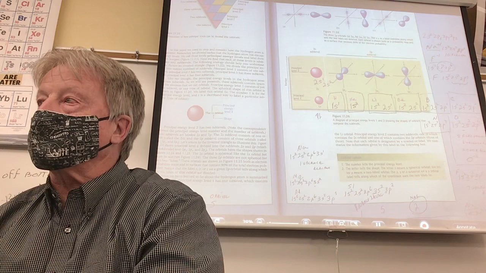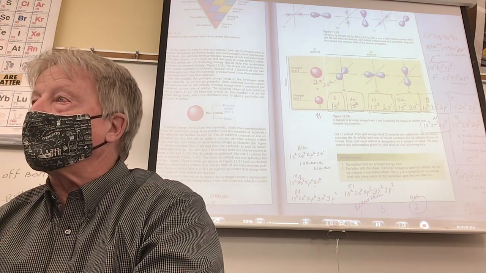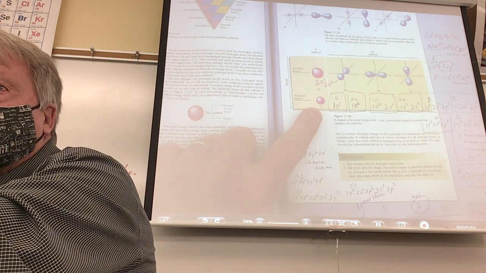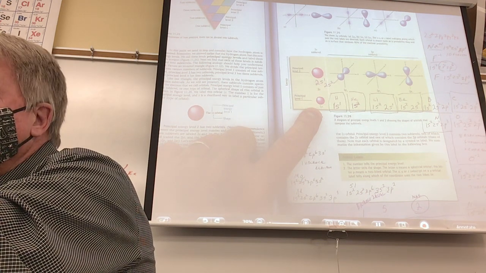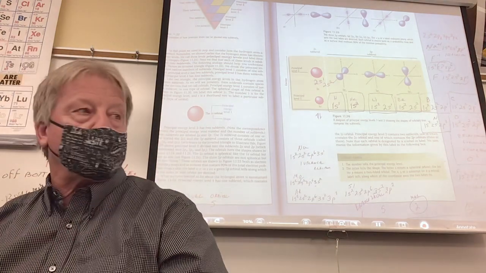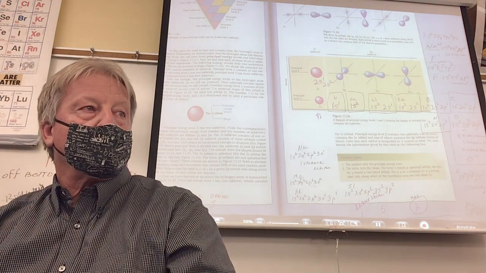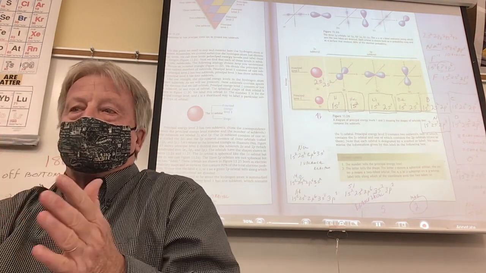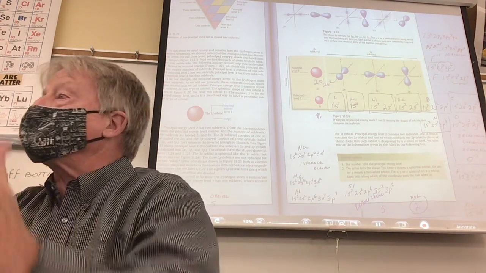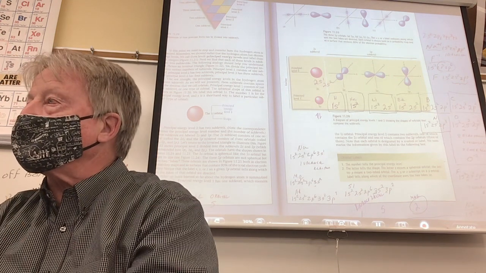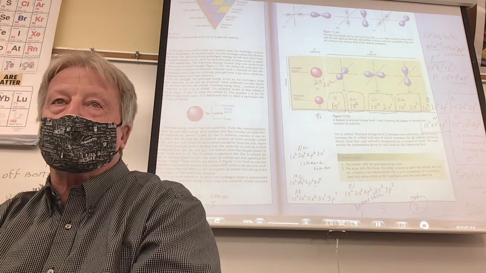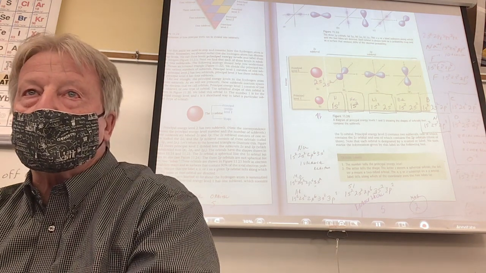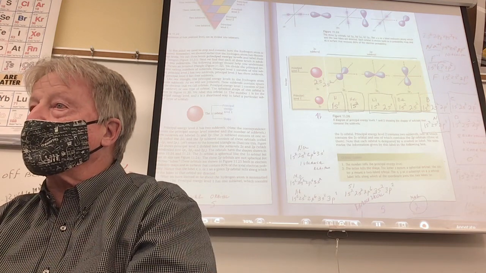How many orbitals are there in level 1? Only 1 orbital. How many electrons can you put in an orbital? 2. After you put 2, you can't put any more in there. That's it. If I had a parking deck and level 1 only had 1 space, and you parked your car this way and this way, you could put 2 cars in it. You put 2 cars in an orbital, right? I only have 1 orbital in level 1. That's it. What if 3 cars come? What am I going to do with the 3rd electron?